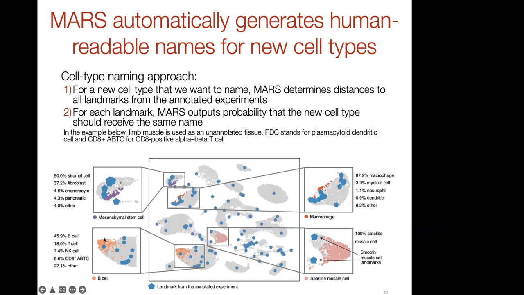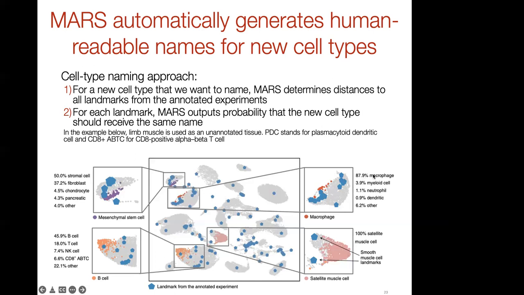And so this produces outputs such as shown here in this example below, where we can visualize, in the center, the joint embedding space learned by Mars, and these blue pentagons indicate positions of landmarks from annotated experiments. And so when a group of cells that we might highlight as a possible new cell type is selected, Mars would produce this kind of distributional plot that would say how likely it is that